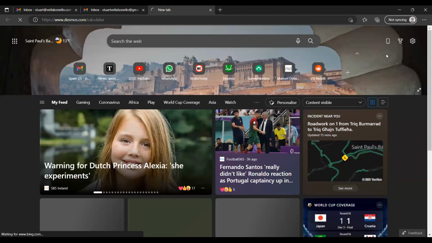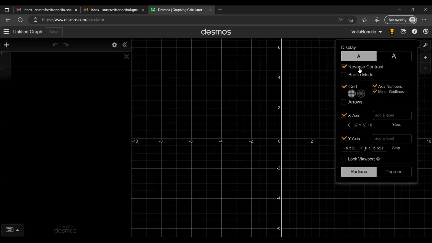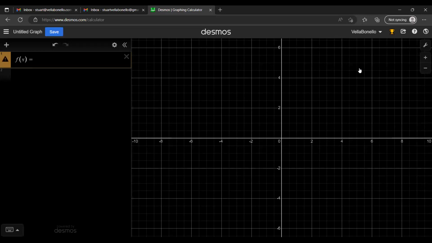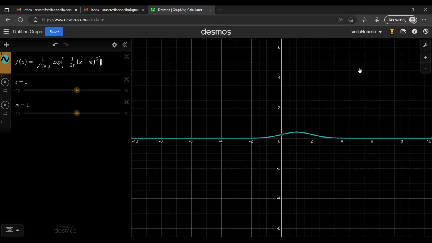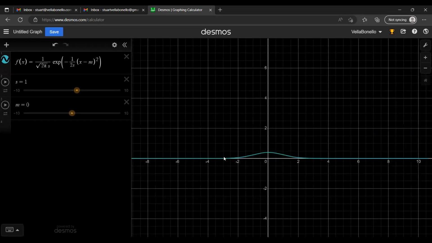We'll look at a single variable, and we'll take our Gaussian bell-shaped probability density function: 1 over the square root of 2 pi sigma, exp of negative 1 over 2 sigma, and x minus mu squared. So this is, if the mean is 0, this is